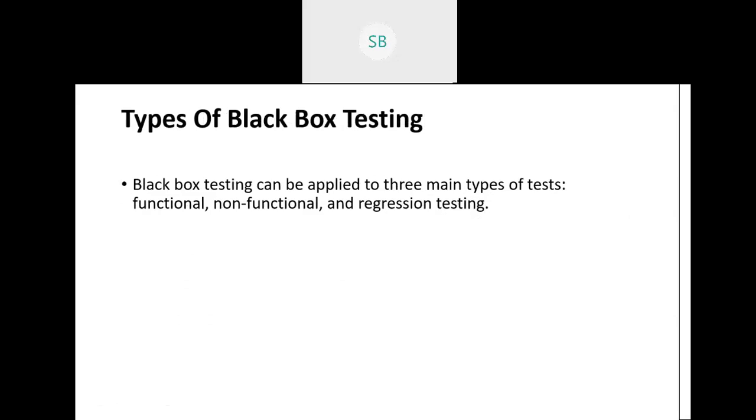Next is types of software black box testing. As we have already seen, black box testing can be applied to these three types of testing. In the earlier classes, when we were going through types of testing, I discussed that there are three types of testing, right? Functional, non-functional, and the maintenance. Under maintenance, we went for the regression. Regression testing was involved in both the functional and the non-functional part. So let's check how black box testing is applied to the functional and non-functional regression testing.